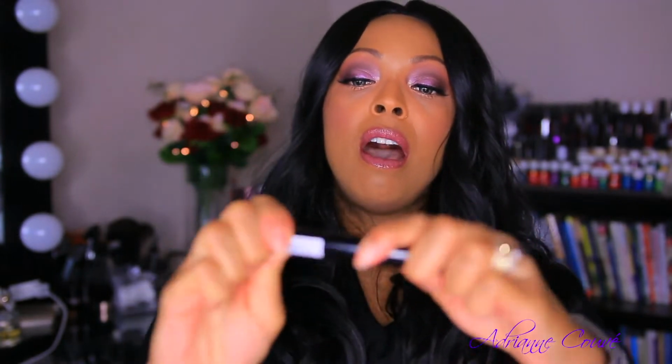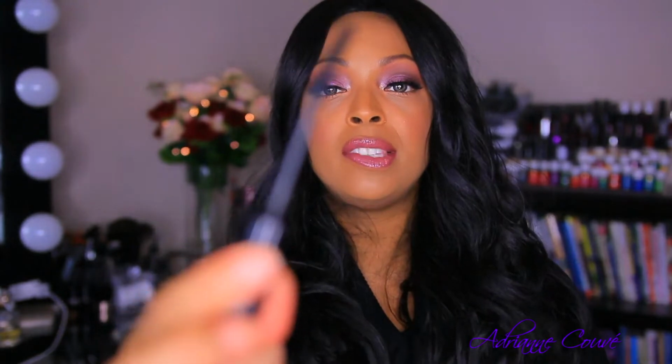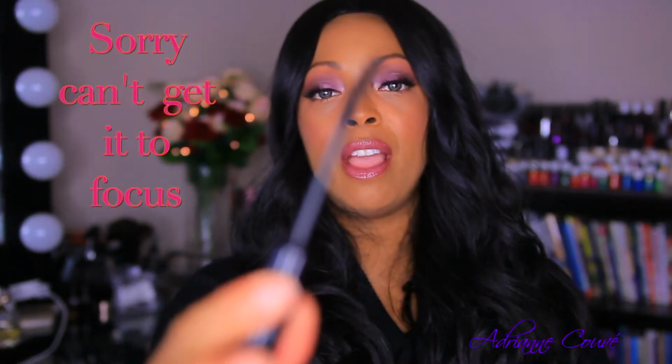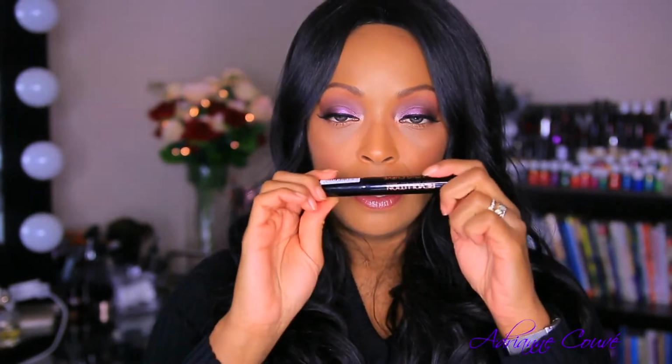I did order this off their website and it did come from the UK, and this is what the brush looks like. I did talk about this when I hauled it, and I was actually wearing it the night that I hauled it, and I said that this mascara smells so good. Like, I can smell it right now. I do think it's odd that a mascara has a fragrance, and pretty much I would prefer 100% if my products didn't have a fragrance in it, because you always run a 50-50% chance that a person's not going to like a fragrance. But I actually like this,